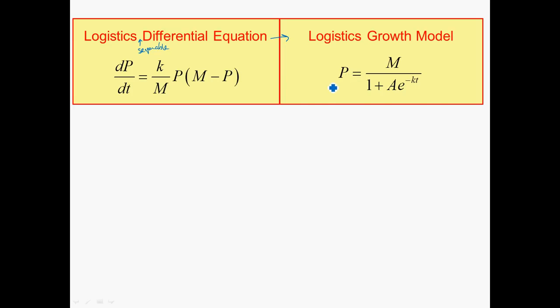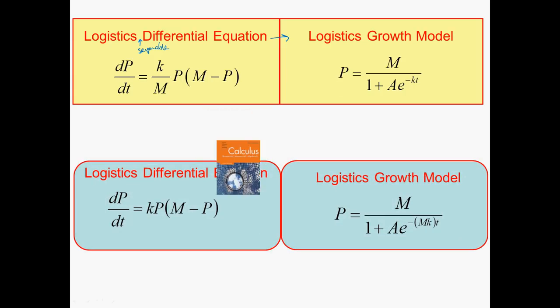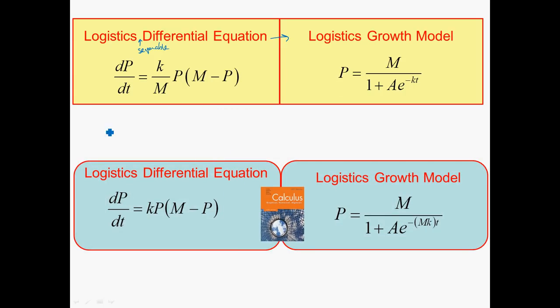Just to confuse you even more, your textbook likes a different version of this. Your textbook's K is the constant of proportionality already divided by the maximum carrying capacity, which means their logistic equation, to counterbalance that, has an extra M down in the denominator of the logistic growth model. It doesn't matter, I promise you, you get the same results. It doesn't matter which one you use